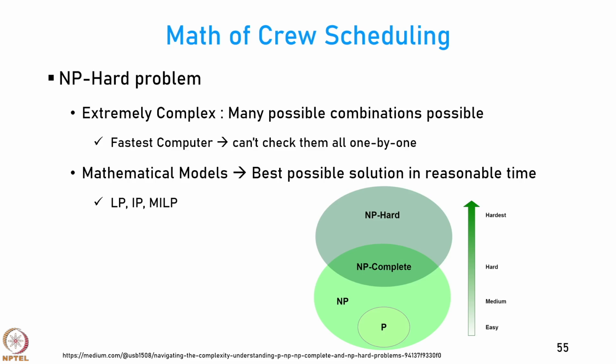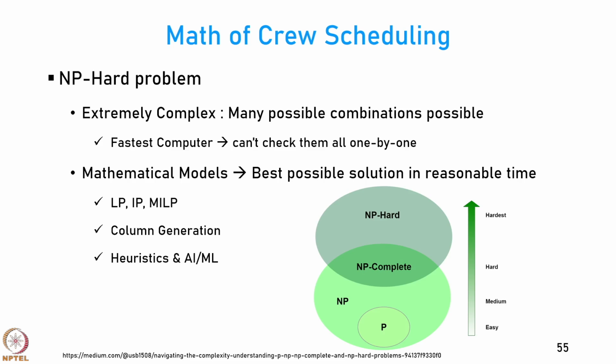Mostly in scheduling we use linear programming, of course it is an approximation. We may use integer programming like go, no go, or you may use mixed integer linear programming. Some are integer, some are linear. There is also one method called column generation, which quickly tells you which particular crew pairing and crew scheduling is possible or not. It may not be perfect, but it is fast. Then many airlines use heuristics, rules of thumb which are based on past experience and based on trends and practices.